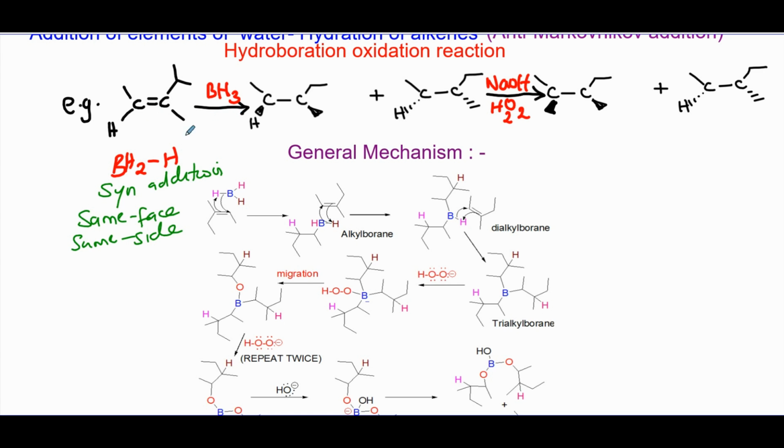So in this case, we are going to add the BH2 right here on the carbon that's least substituted, which is here, and you're going to lose the double bond. I'm just giving you a shortcut here. And since you're adding from the same side, the hydrogen should have the same dashed bond, assuming you're adding from the bottom. If you're adding BH2 and H from the top side of the alkene, then BH2 will go there and the H will go here. These two guys are the intermediates,